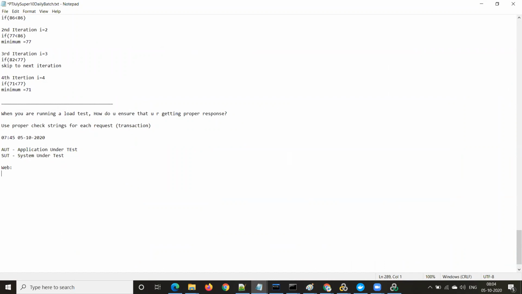MySQL. Web servers. Is Sitescope? Apache HTTP. Sure. Sitescope is a monitoring tool. Okay. Apache HTTP server, Nginx, right? And you have a couple of other web servers, Nginx and IIS and so on, right?